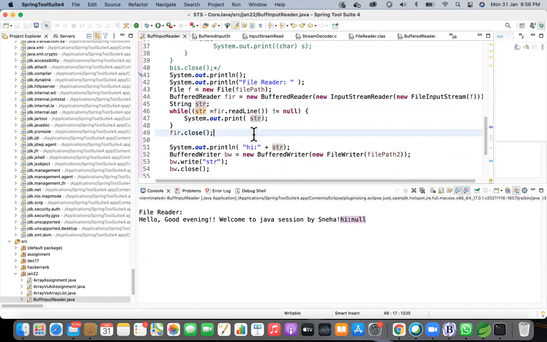We have declared string str outside the while loop, so it should have the data till the end, but you're assigning in that while loop with FR.readline. After that, at line 49, you're closing the FR, so your entire FR object is closed. So you don't have anything in str later. Though your variable is global, you don't have data in it.